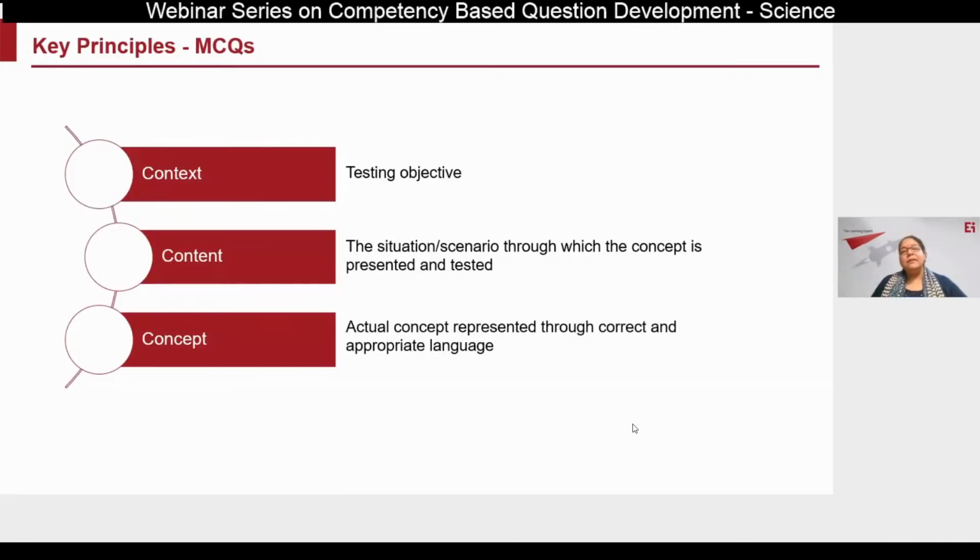And the third is the concept. When I say concept, all of us understand concepts, so I'm going to put a layer over it. Me understanding the concept as a question creator and me asking it is slightly different, right? I'll have to use appropriate language, correct for those grades, and it also has to be presented in a manner that my question's concept is conveyed to the student without any confusion. So I think these three are the foundational needs of good multiple choice questions. We will see more key principles in a more granular fashion as we move forward.